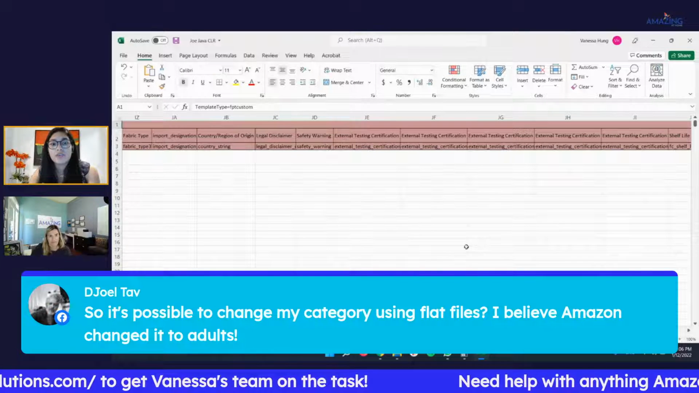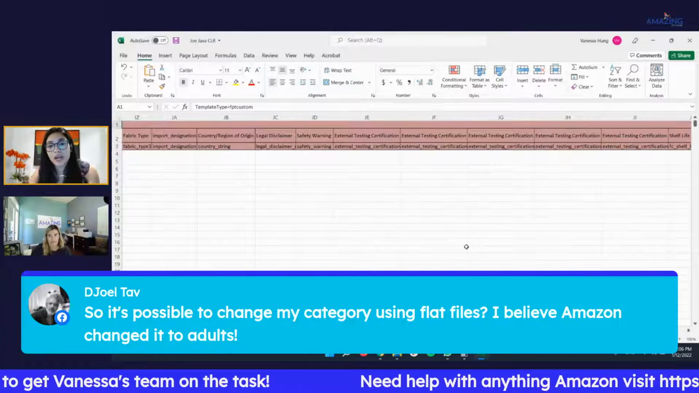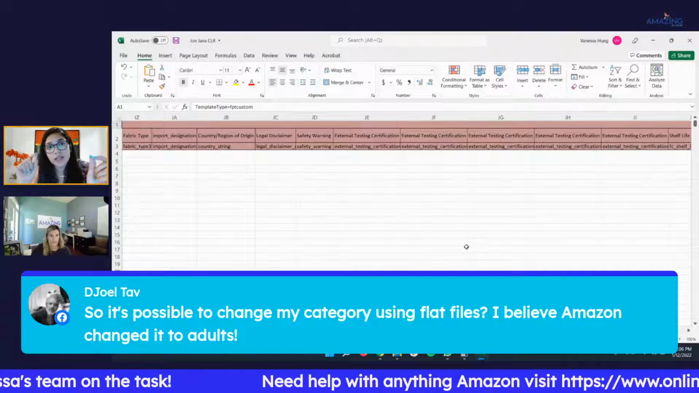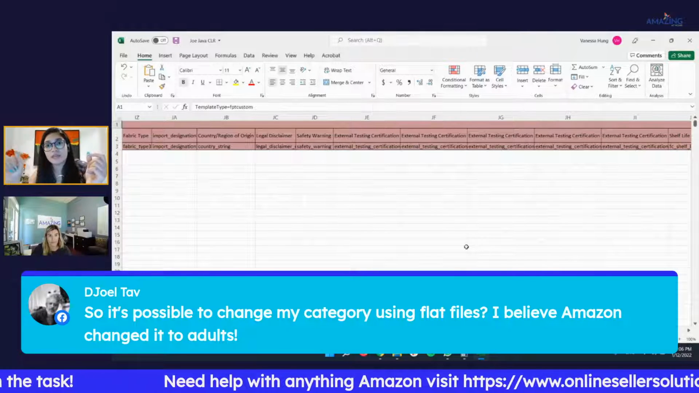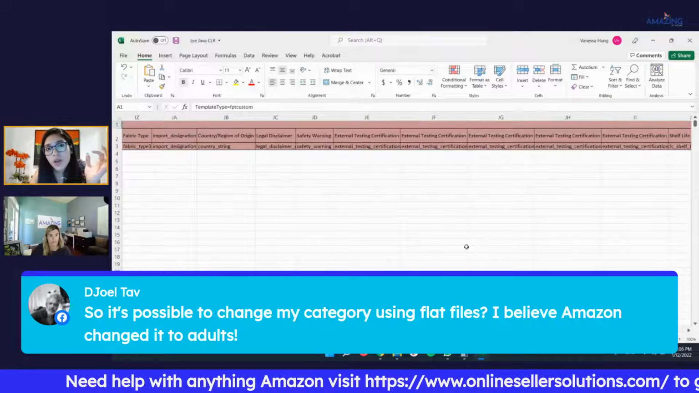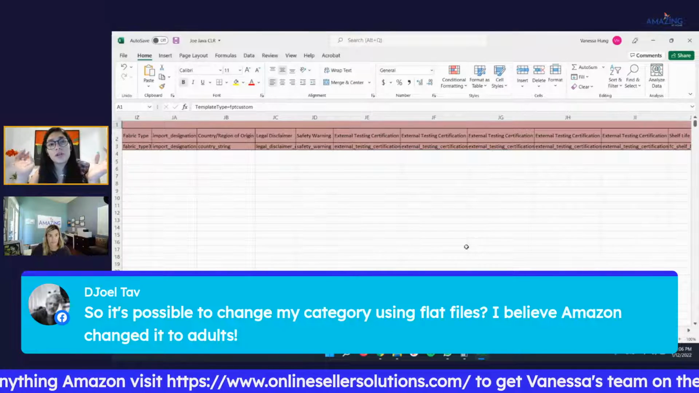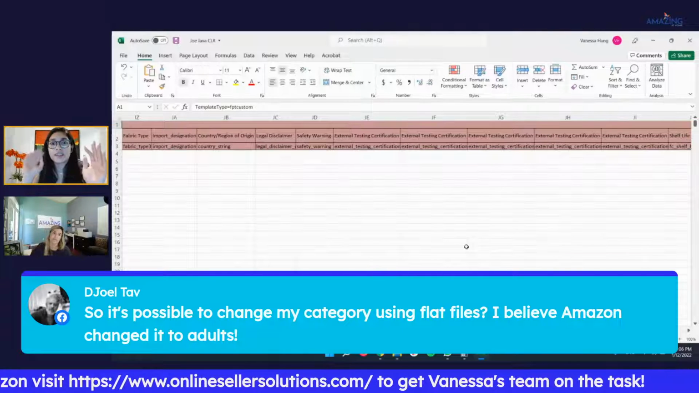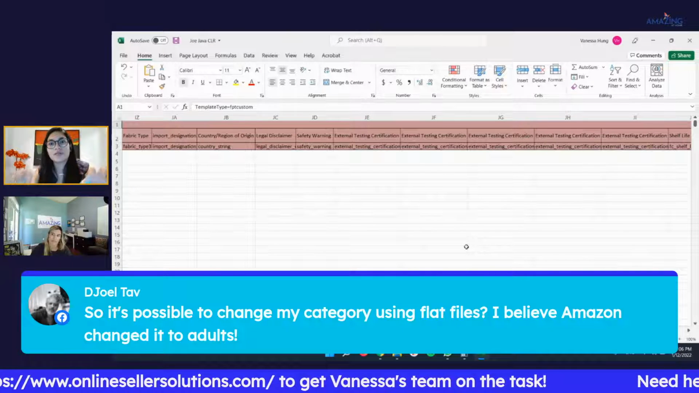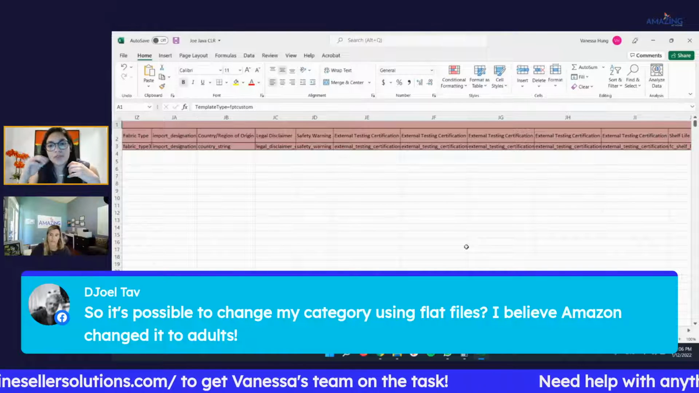Yes, you can. You need to find in your category listing report that attribute that is called "is it an adult product," and change it to no, and then change the category. It is completely possible. I don't know what stage your listing is at specifically, but with that,